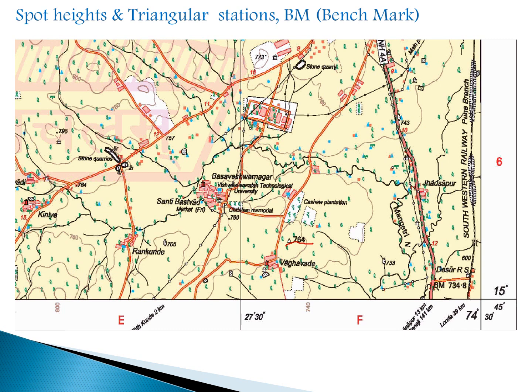Here you can see there is a contour line with 800 value, here it is 780, like that the values are shown. So the contours are always numbered, and the last is benchmark. You can see here it is written like this, BM, that is benchmark 734.8. So this is how the spot height, triangular station and benchmark represent the height of that particular area.